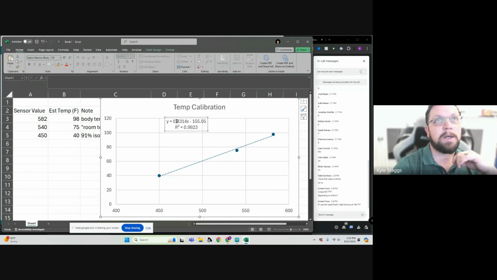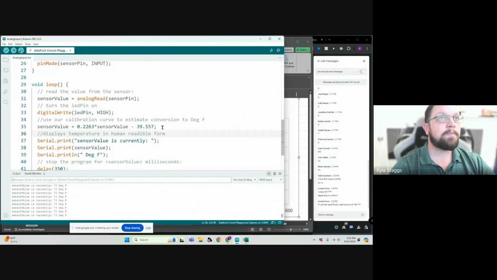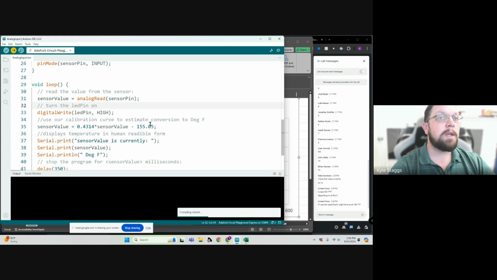So if I use this value, just as a for instance, and I replace our code with these values. So I say, I'm going to cut that part of it, paste it here, and I'm going to cut this part of it and paste it here. Then I'm going to get rid of that gibberish. All right, so now if I re-upload it